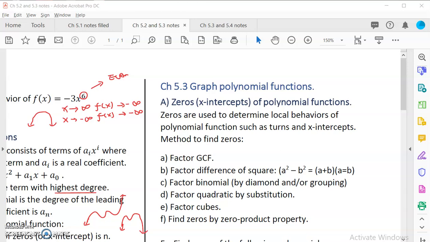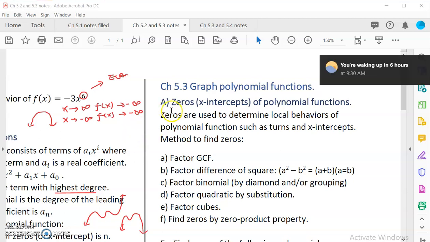So for quadratic functions, we learn how to graph them by looking at the vertex, but polynomial functions are a little harder because there's not one vertex. It turns, and it has a lot of x-intercepts. So the best we can do is just sketch a graph. For detailed graphing, you really have to wait until you learn calculus to find the turning point